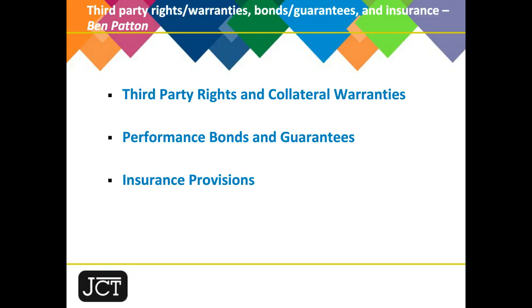Now, the big change across the 2016 suite is the flexibility that the JCT have now included for how the parties can agree their own insurance arrangements where works are to an existing structure. Now, the default position is effectively as was, broadly the same people insuring the same things for the same periods of time, but the JCT has now included a provision in insurance option C, which has been modified now with a view to enabling alternative solutions through a new, and the definition is C.1 replacement schedule.